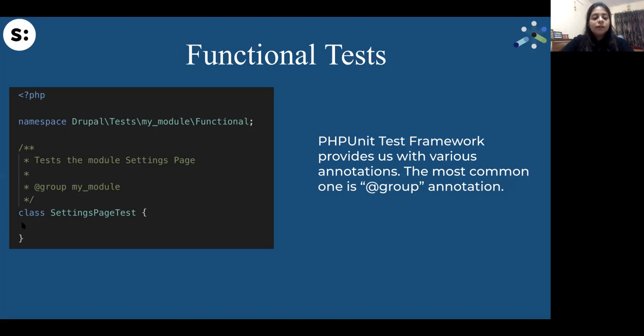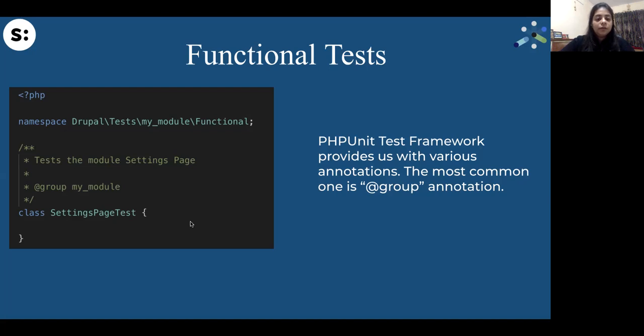After that, I've defined one class. But again, as I already mentioned, there's a directory structure: inside your test directory, there's an SRC directory, and within that, there's a functional directory. But just including your test file within the functional directory will not tell Drupal that it's a functional test. Drupal won't identify that your test is a functional test just because it's inside a functional directory.